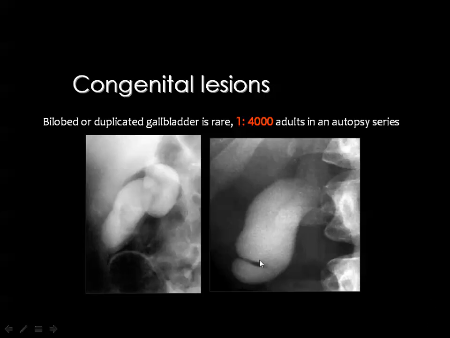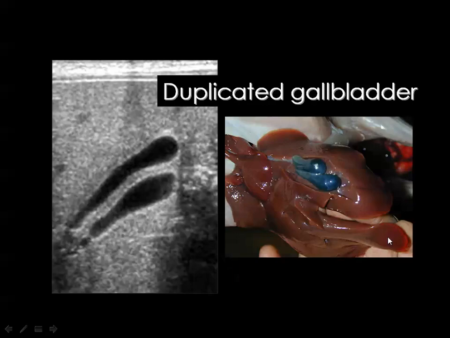This is a common abnormality, which is just a septum or a band in the region of the fundus of the gallbladder. And this is an uncommon abnormality, which is the duplicated gallbladder, which is usually seen in about 1 in every 4,000 cases. Duplication of the gallbladder is an important issue for clinical consideration, and it happens many times that the